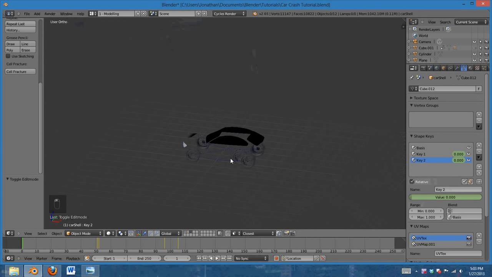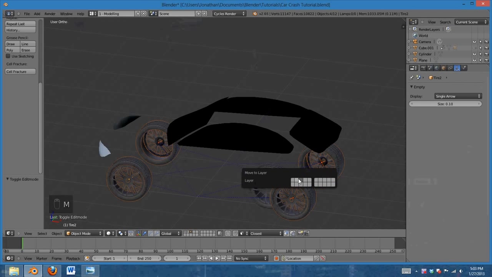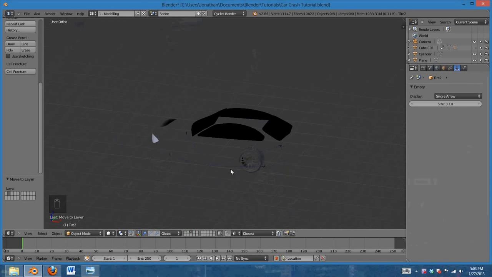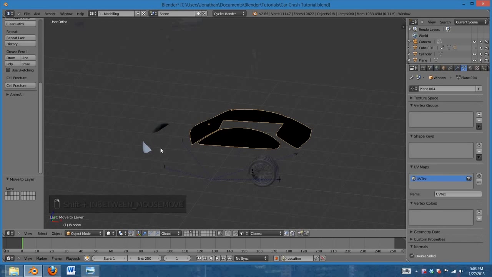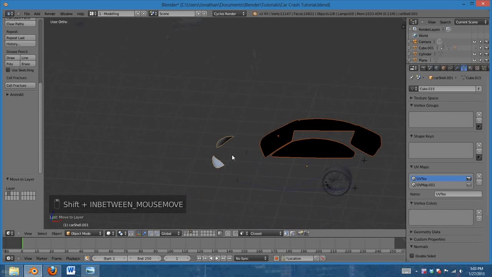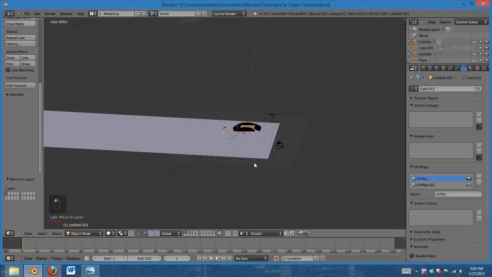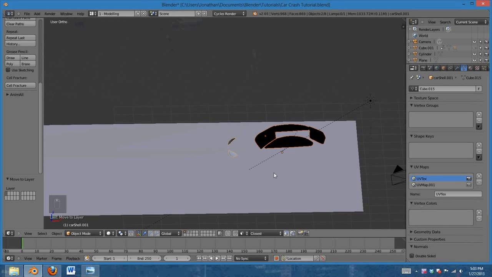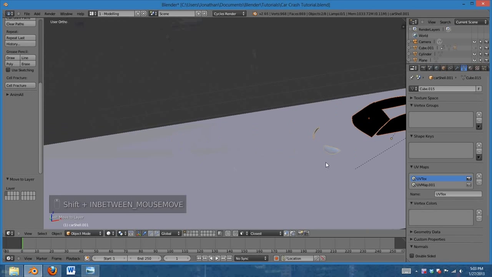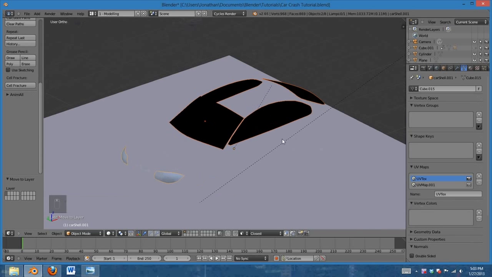So, in this layer we have the windshield and the wheels. The wheels I'm actually going to move into layer 2, so it'll just be on the same layer as the car. This I can keep there, we don't really need that at the moment. This I'm actually going to move into layer 1. The reason for that is we're going to be using particles, and this floor is going to be a collision, and the collision and the particles have to be on the same layer. So remember that. If you're ever having troubles, it might be because they're not on the same layer. So with the windshield here,